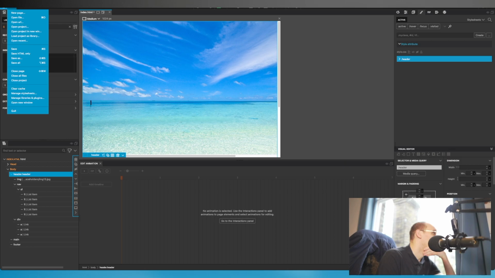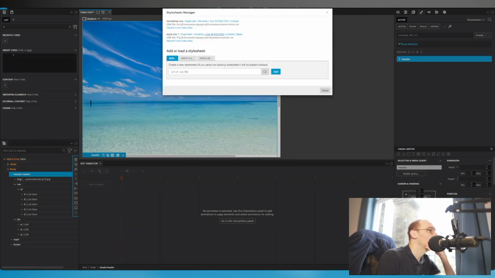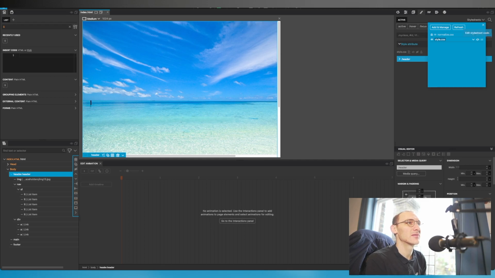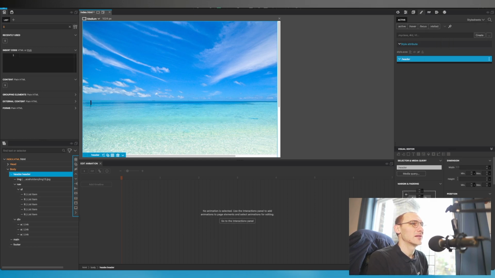So manage style sheet, here we go. You should save the file first. Okay, thanks for telling me that. In fact, I think you can do it here. Convert to Sass. There we go. So now that's Sass. Now we get the gloriousness of adding prefixes. So let's make this into flex, display flex